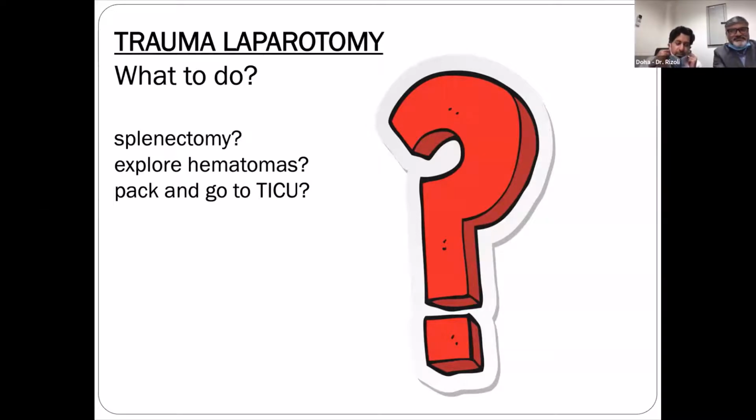Hi, Dr. Talat here. So what we decided to do is, of course, initially we did packing of all quadrants. I checked with anesthesia that the patient was stable. And because he was stable, we removed the packs and looked around. So the liver and spleen lacerations were there. They were oozing, but we felt like we could approach them and do hemostasis using Surgicel, gel foam, and cautery. So we did not do a splenectomy.